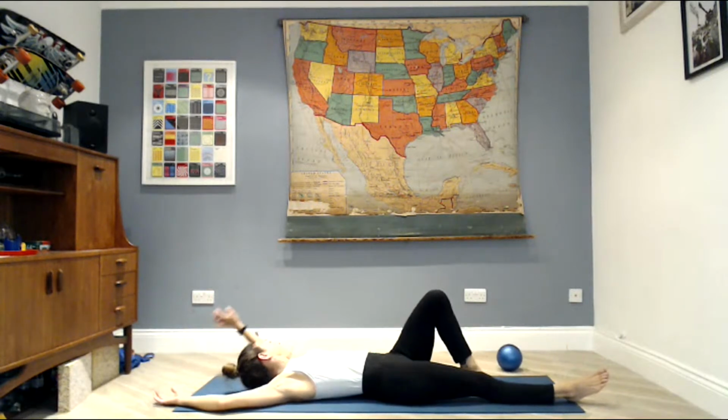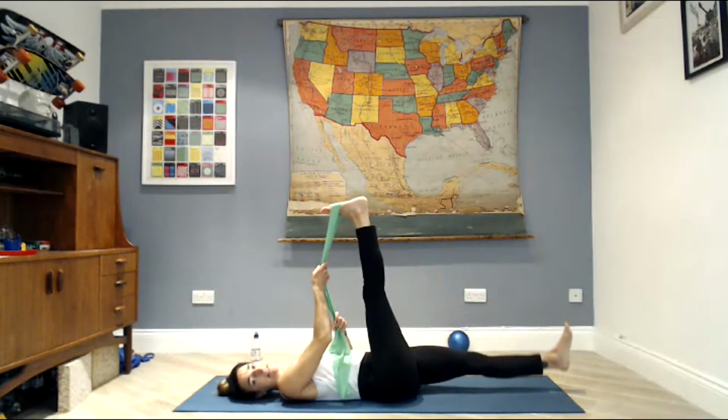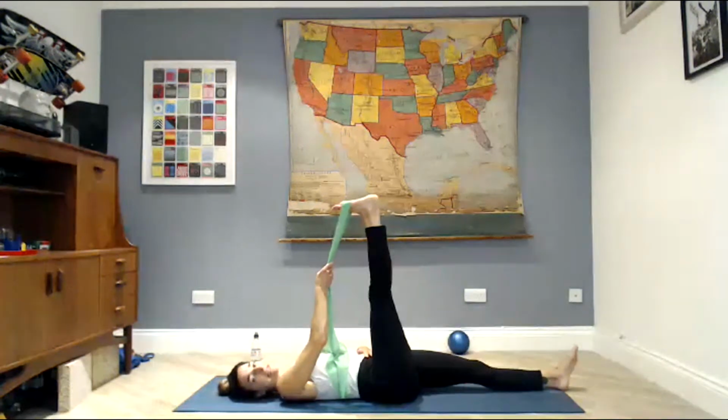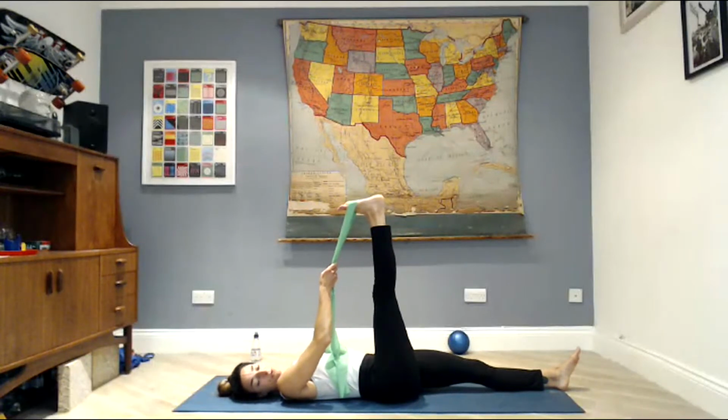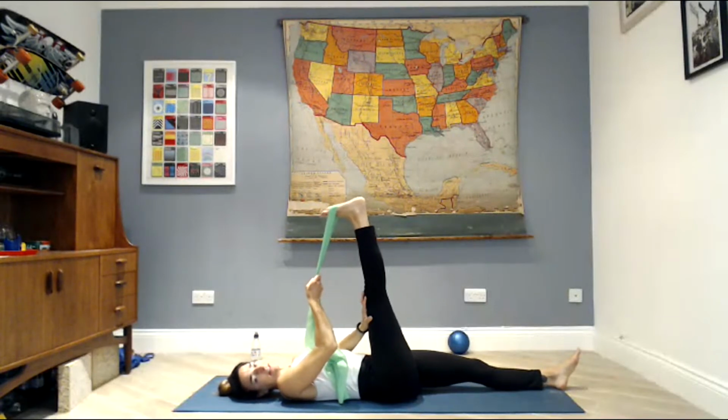Just going to kick your ball away, find your band, and wrap the band around your right foot. Extend your left leg out, sink your shoulders down. Try to tilt your pelvis forward slightly to find a little space under your lower back. Just ease the knee out, maybe one hand on the knee as the other hand holds the band, just getting that leg as straight as you can, giving that knee a little bit of a massage at the same